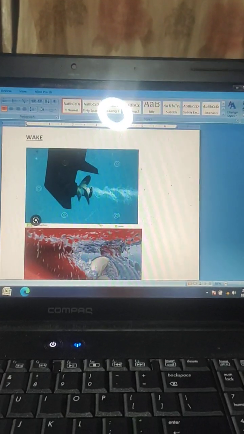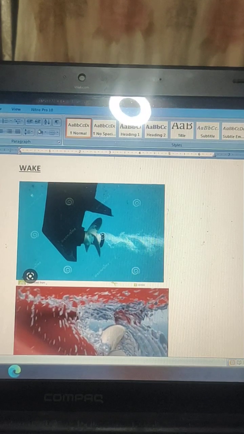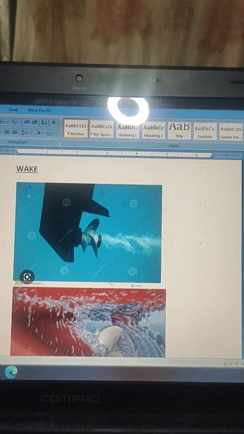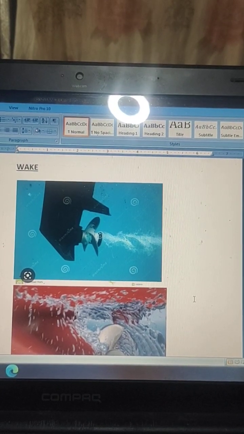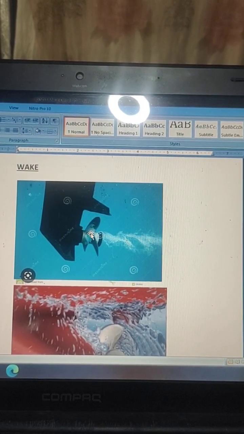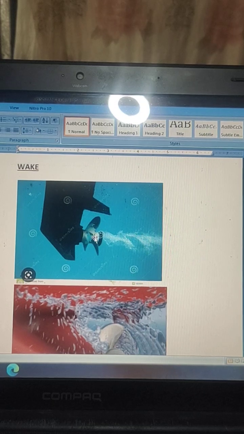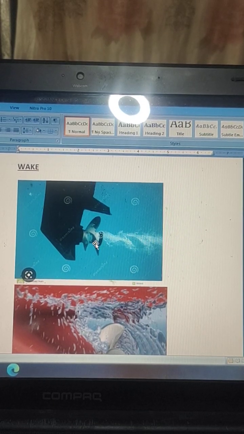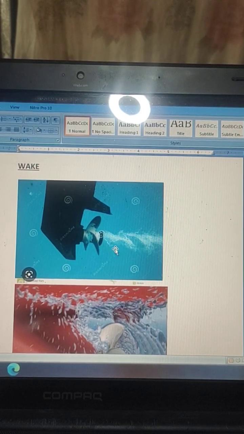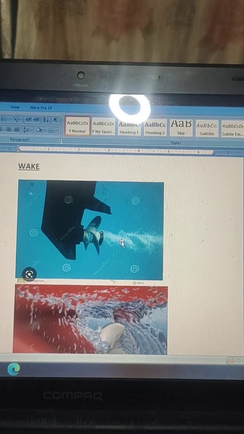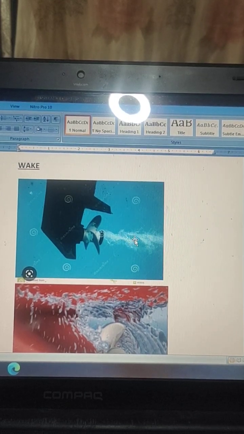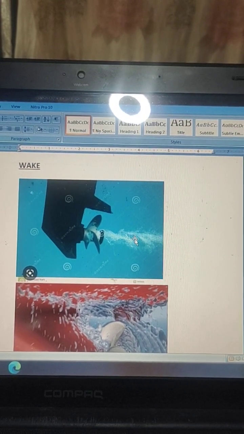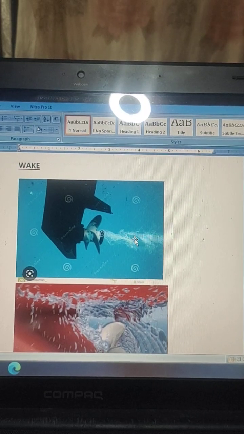You must have seen this picture before, or even if you have not seen it, you can imagine it. Here we have a propeller and it's working inside the water. You can see how it is throwing the water particles backward, and these water particles have momentum, and it is this momentum that is used to push